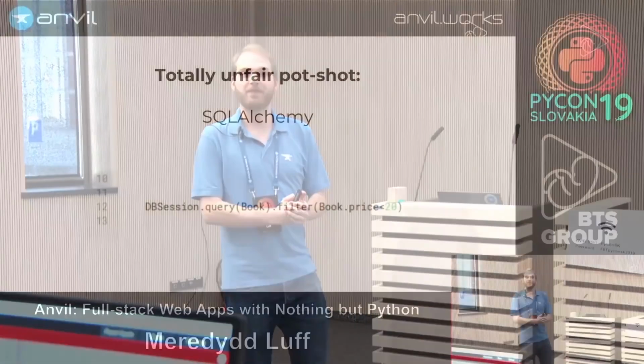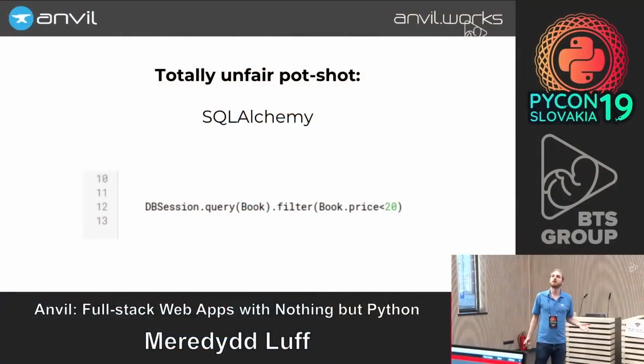Who in this room has used SQL Alchemy? Yeah, OK. Right, for those of you who haven't, it's a library for representing rows in an SQL database as Python objects. And this is an unfair pot shot because this is actually really cool. It lets you write expressions like this, right? Filter, book.price is less than 20. That's nice. But of course,